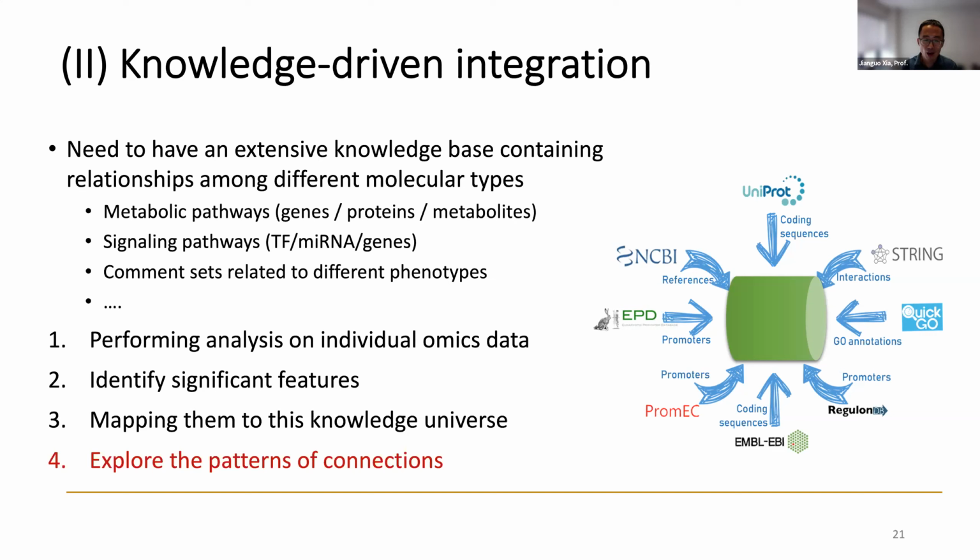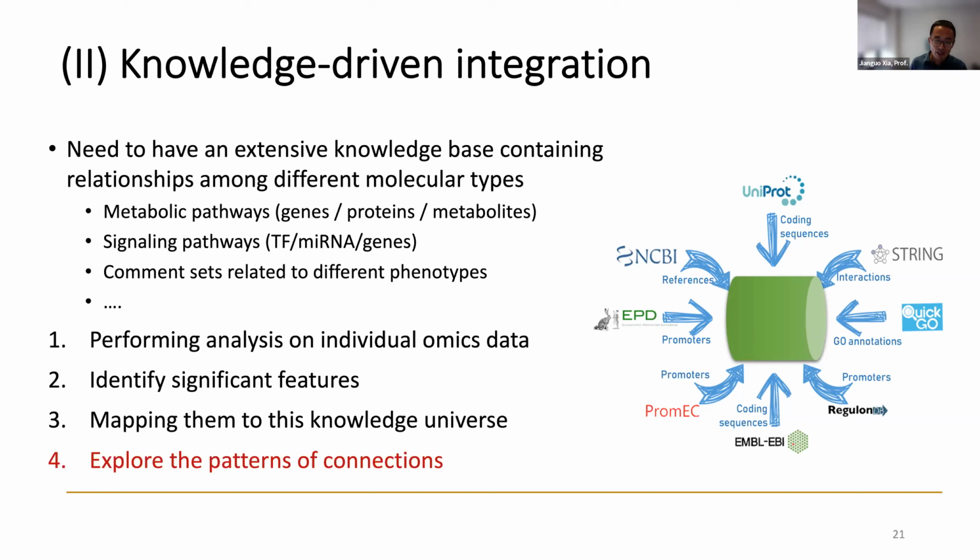All of this is helpful knowledge that will help us to find the patterns and associate the patterns with some functions or pathways. For example, here, this is one of the knowledge databases that contains a lot of the information from EMBL, from NCBI, from RegNetwork, and what the transcription factors and gene ontologies are. And so all of the network